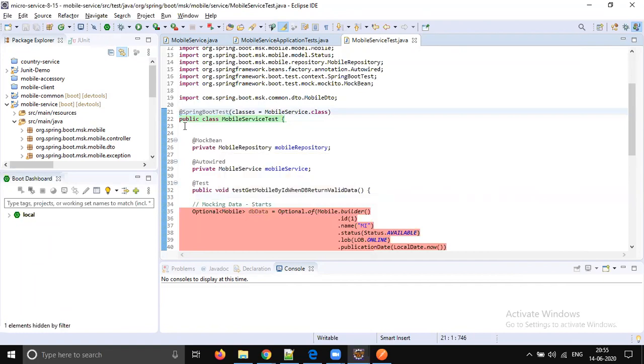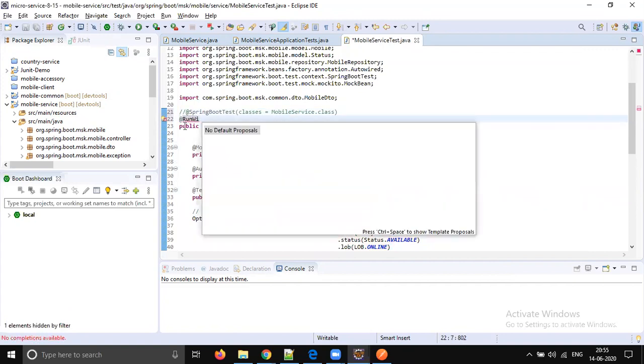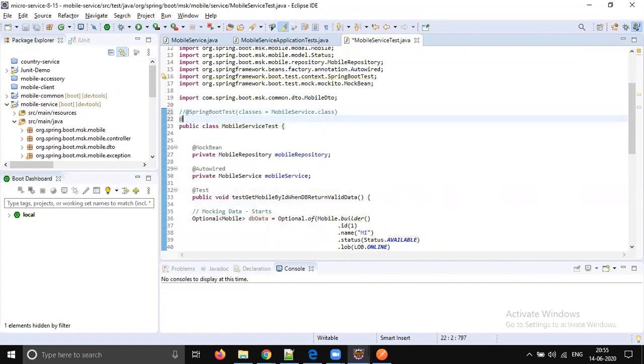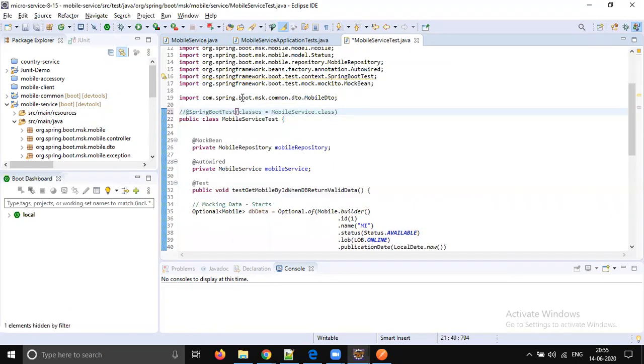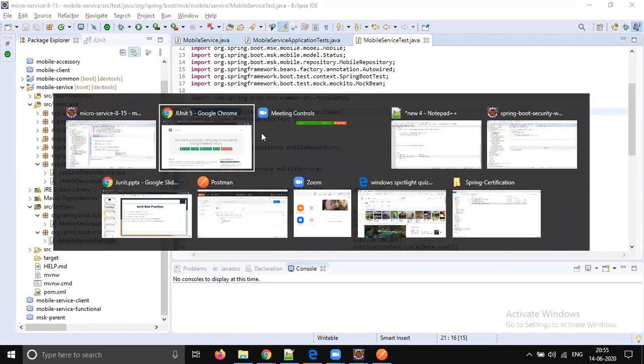In some of the older versions, you see @RunWith. With the latest version of Spring Boot, this is completely removed. If you go to some tutorials, you see @RunWith with Spring test. With Spring Boot 2.2, that @RunWith got deleted. It's a pure Spring Boot test. In older versions you see different annotations, so there is a lot of confusion with unit testing versions. Be very careful with versions.